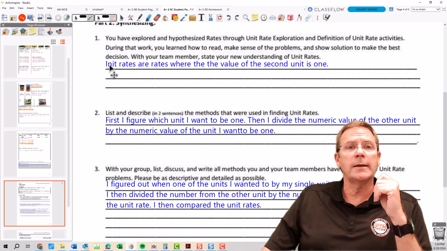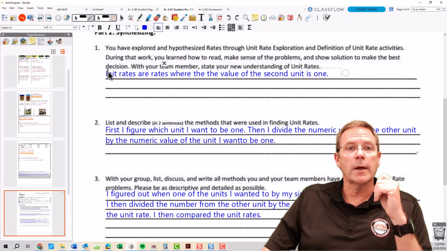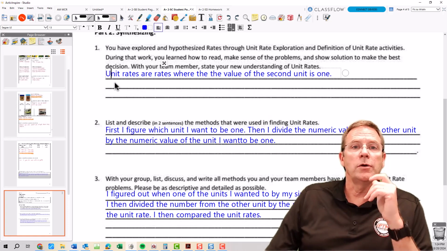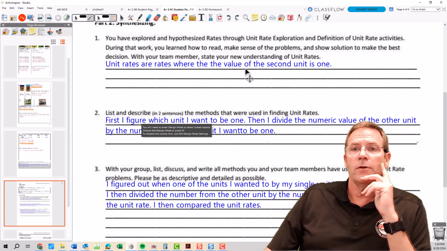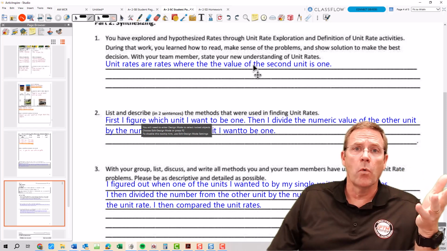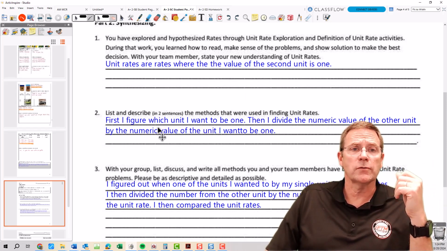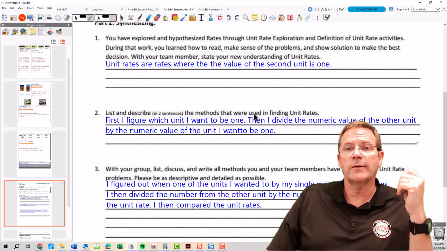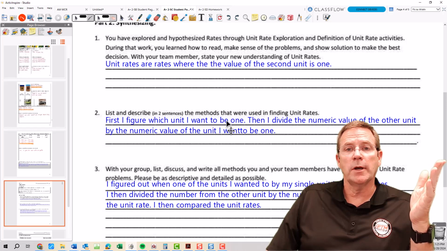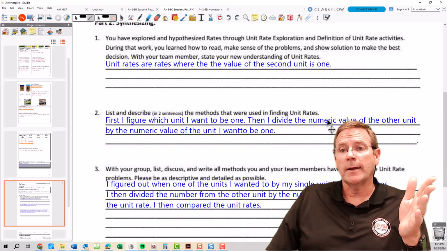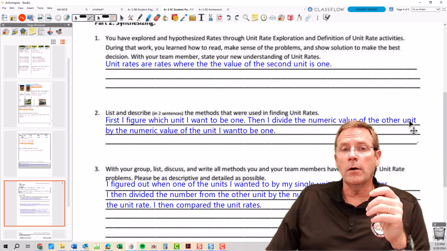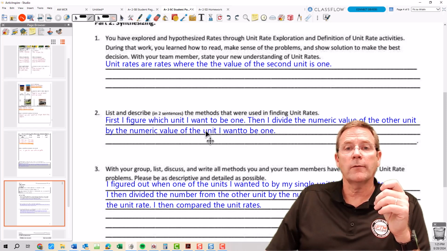So what I did is, unit rates are rates where the value of the second unit is 1. Pretty straightforward answer there. Next, list in 2 sentences and describe the methods that were used in finding unit rates. First, I figured out which unit I wanted to be 1. Then I divided the numeric value of the other unit by the numeric value of the unit I